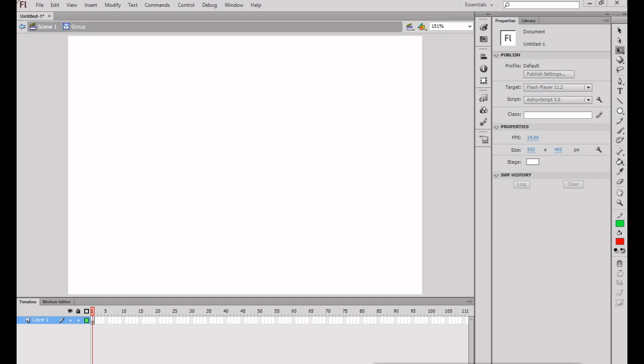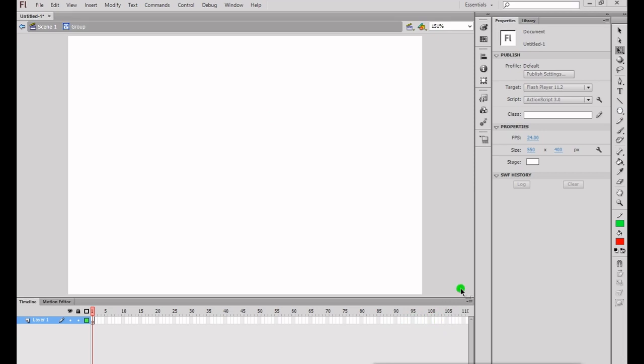There are two types of primitives available: rectangle primitive and oval primitive.